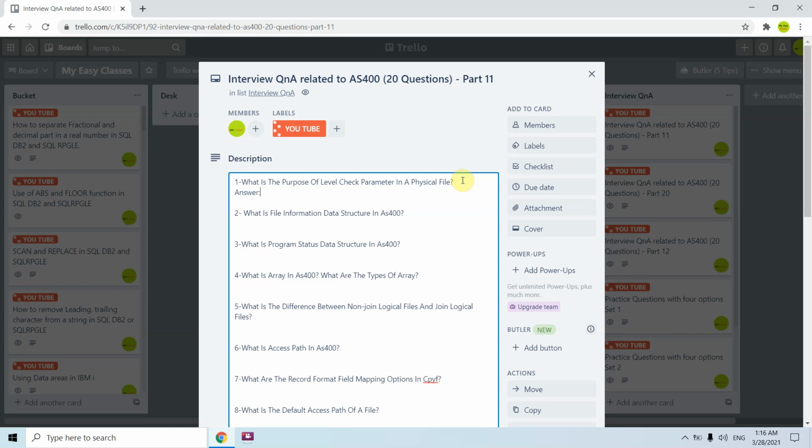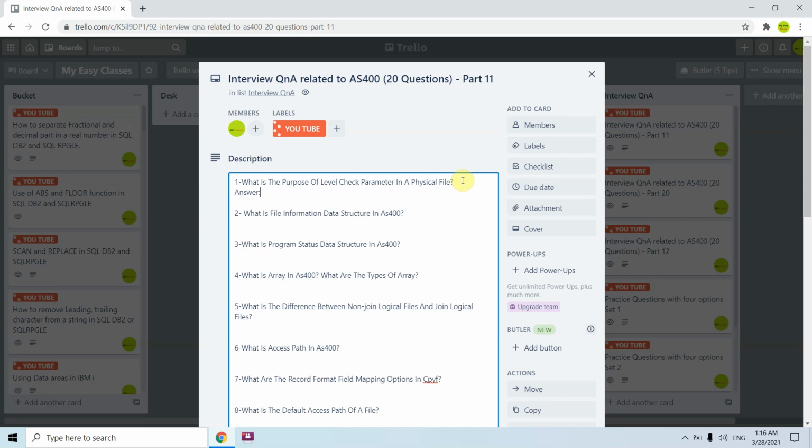Next time when the program gets called and the physical file gets opened, the level identifier would get checked based upon the level check parameter. If it is yes, it would get checked. If it is not yes, it would not get checked.